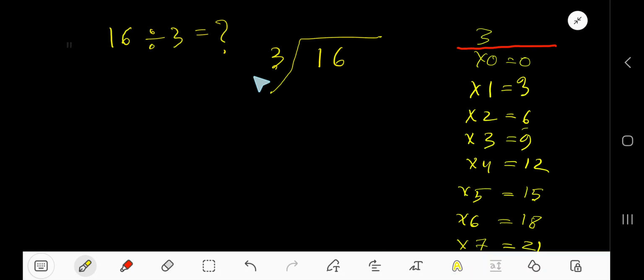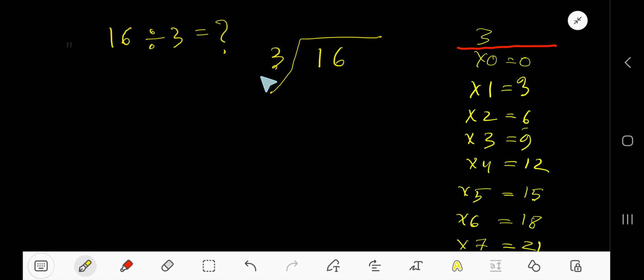16 divided by 3. Here 3 is a divisor, so we need the multiplication table of 3. 3 times 0 is 0, 3 times 1 is 3, 3 times 2 is 6, 3 times 3 is 9, 3 times 4 is 12, 3 times 5 is 15. To find the multiplication table of 3, just start with 3 and keep adding 3 to the previous step. 0 plus 3 is 3, 3 plus 3 is 6, 6 plus 3 is 9, 9 plus 3 is 12, 12 plus 3 is 15,